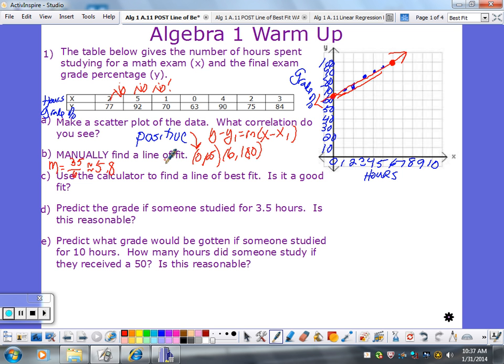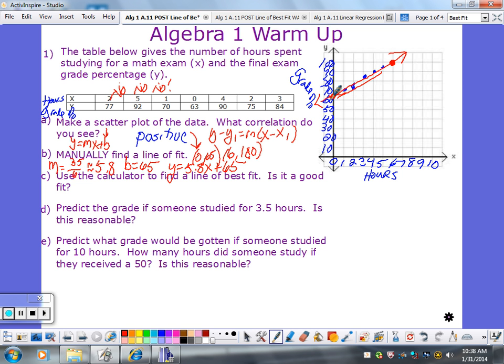Makes life easier, because in y equals mx plus b, what's b? Y-intercept. So what's my b for this line? 65. What's my equation? Y equals 5.8x plus 65. If you know m and you know b, y equals mx plus b. So that's a hint on how to make your life easier, if you can pick a